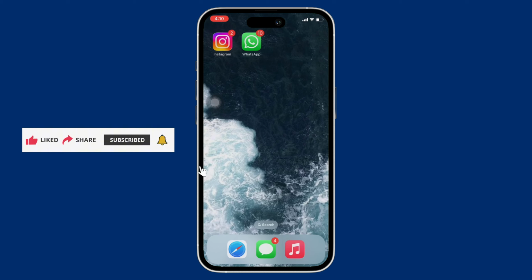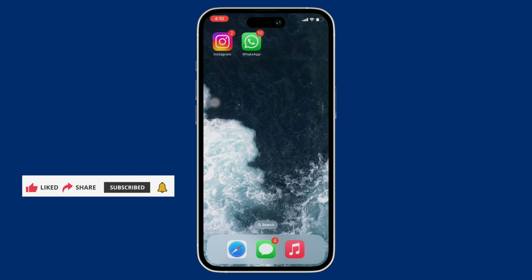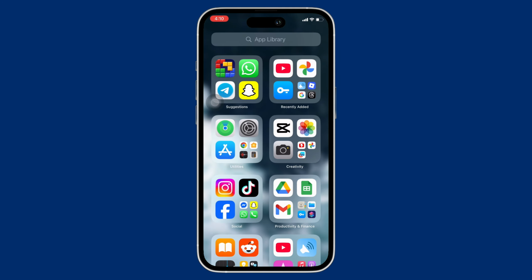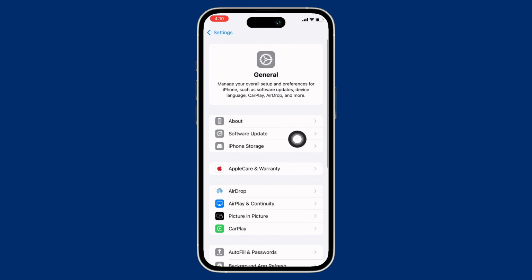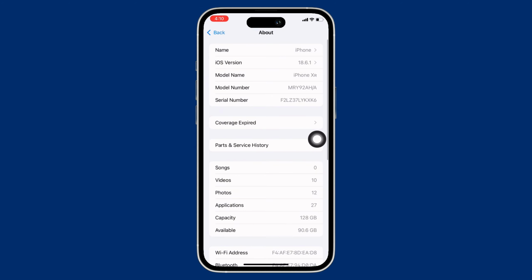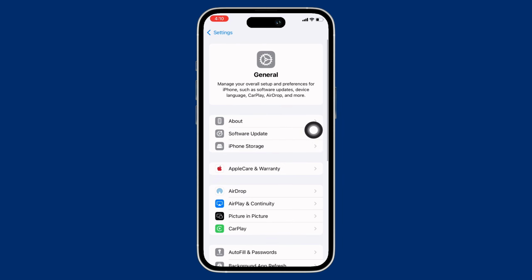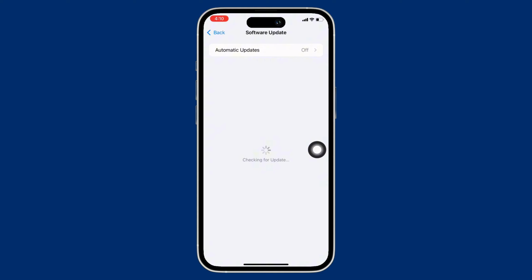See if that helps. If not, then launch the Settings application on your device and tap on General and then on About. Here, make sure the carrier update is updated, and if not, then update the carrier. Also, go back to General and tap on Software Update and make sure your iPhone is updated to its latest